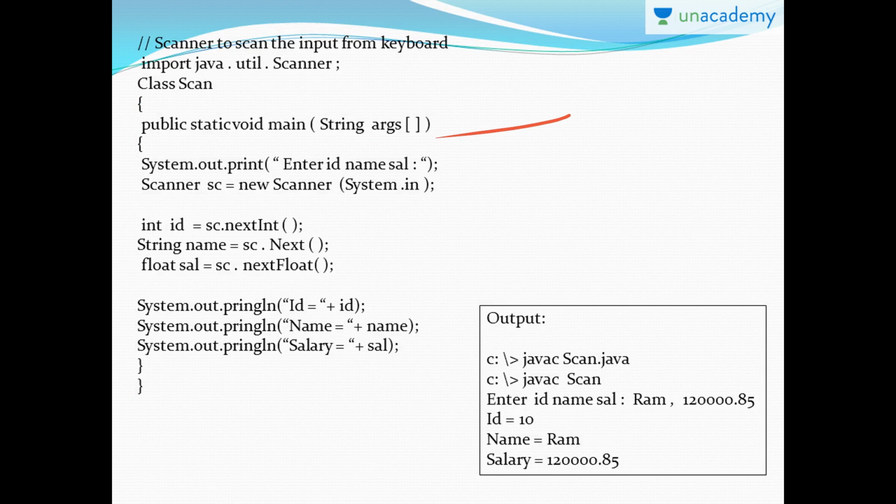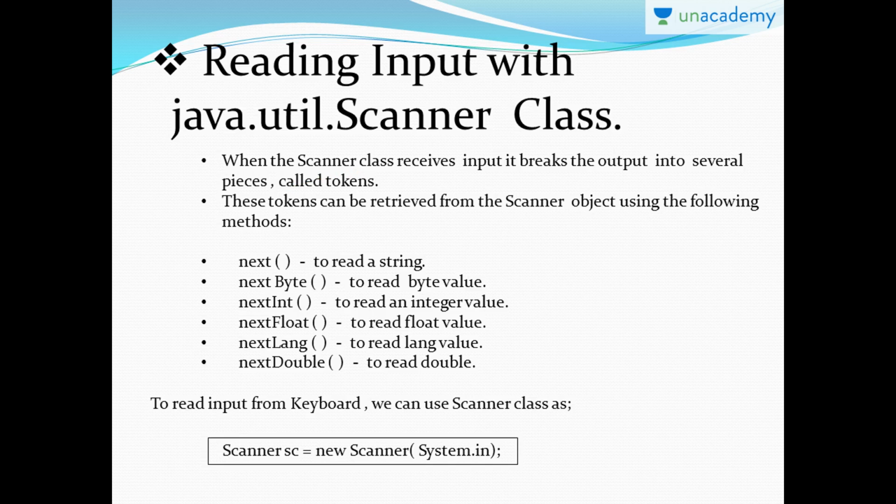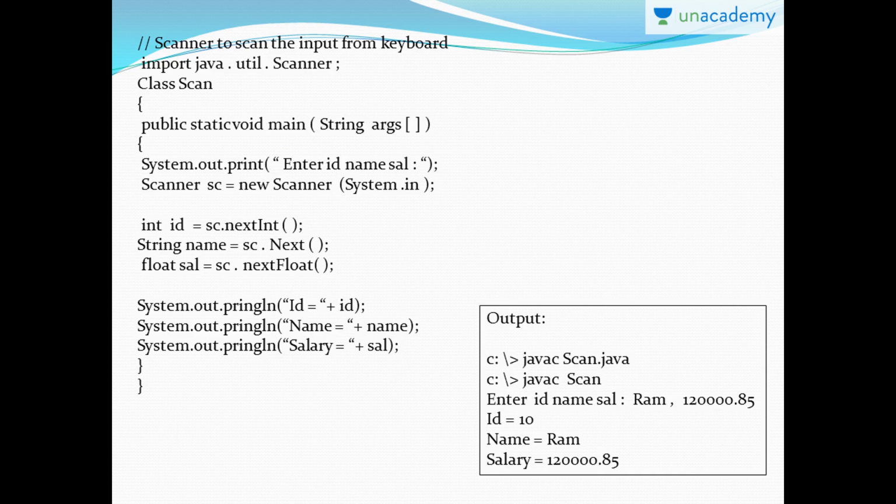Okay, you have to understand this with a simple program. Here again, class, public static void main throws IOException, you can write it or not. I'm not writing it because I'm not reading anything from the keyboard, therefore I did not write any BufferedReader statement here. Please try to understand: because I'm not reading anything, I'm not writing a BufferedReader statement, and because of that I'm not writing any throws IOException statement here. And directly enter ID, name, and salary. I'm taking these inputs with the help of the java.util.Scanner package, and that is the reason why I use the java.util.Scanner package here.